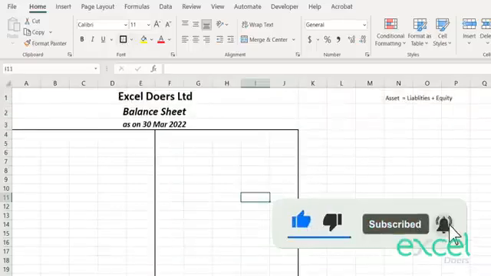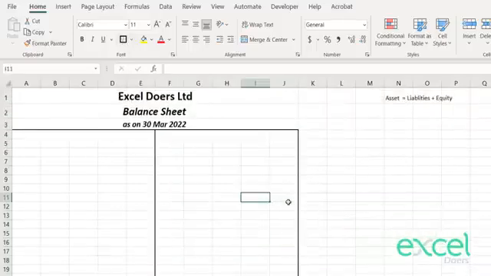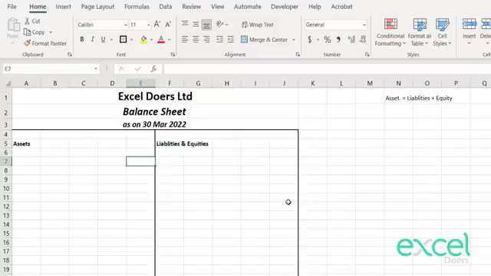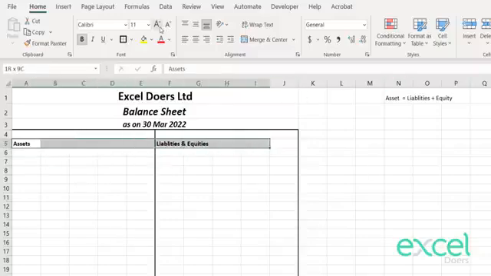So I just divided my balance sheet into two parts. Here I am going to list all my assets. In here I am going to list all my liabilities plus equities, right? As a standard practice, okay, so I will increase the size of it,